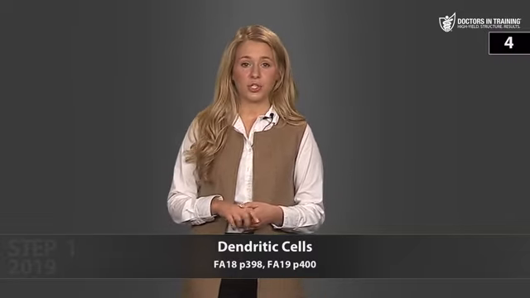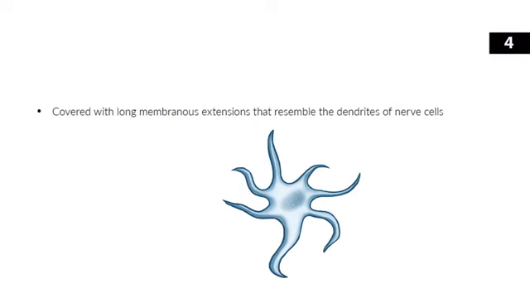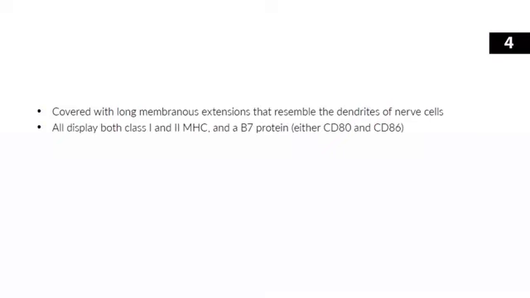Let's look at number 4 in your study guide. They're called dendritic cells because they're covered with these membranous extensions that look like dendrites on a neuron. And they've got their feelers out, trying to capture any antigen that may come along. Dendritic cells display both class 1 and class 2 MHC molecules. Class 1 because all nucleated cells display MHC1, and class 2 because that's how they present the antigen to the